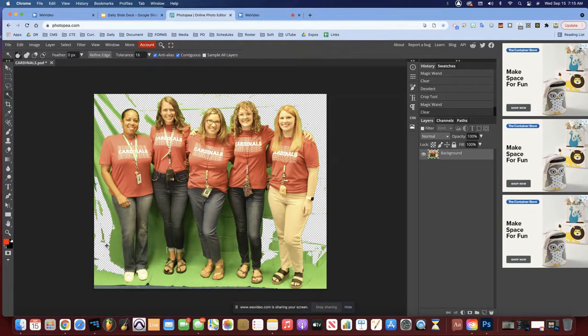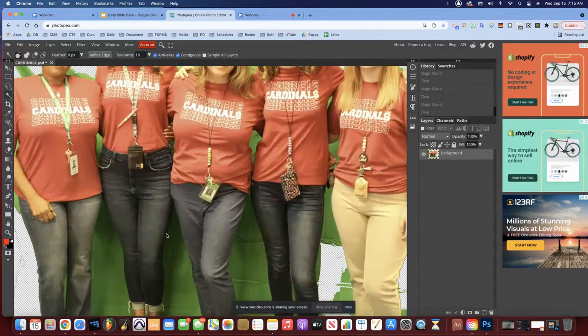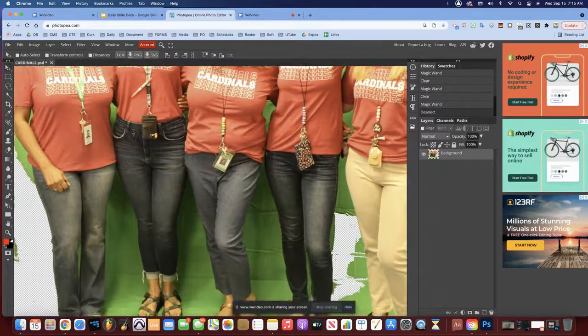And that being said, you're going to continue to work on this. Now, remember, if you hit Control plus, Control minus, that will help you get into spots. Like if you notice where Miss Damon's jeans, I'm going Control Z to undo, because Miss Damon's jeans are a little darker and the green screen background is, you want a good contrast. So I'm going to zoom in. And then what you can do with your zoom,